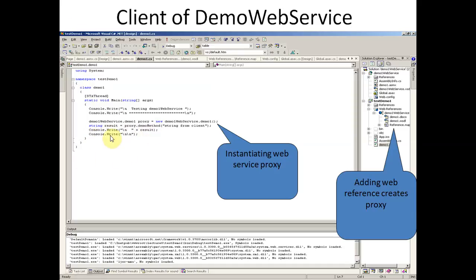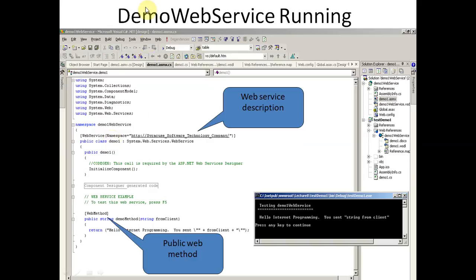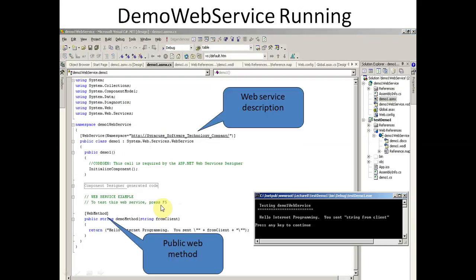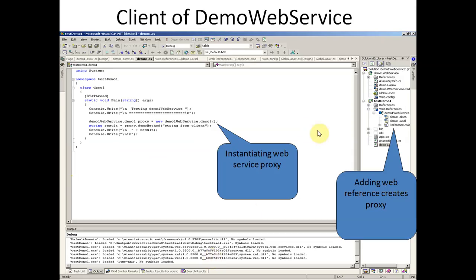So this is the web service, and we are using this web service in our main program. This is our main program, the normal program, and in this main program we are running this web service. This is a very interesting program, so you have to understand it. This is the normal program where we are using the web service.